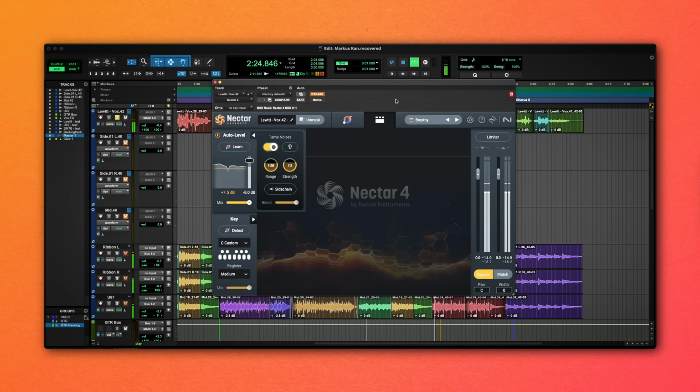Or you can also use the Nectar for Tame Noises feature. With the auto level mode, it will adjust for any non-sung vocal parts while still keeping your main vocal clean